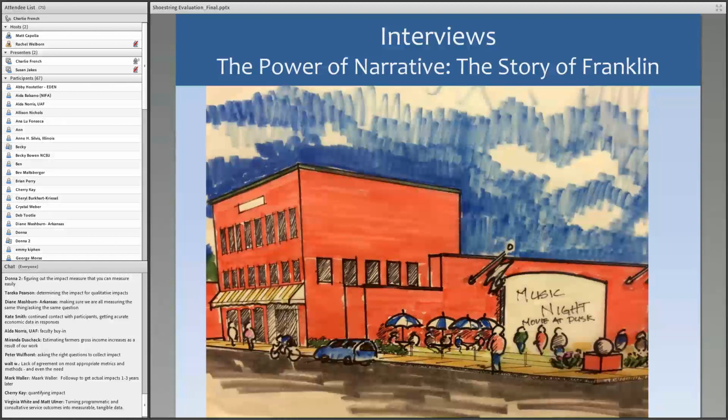And just a reference to the slide here, when we did this visioning process in Franklin, we had a design charrette. And based on the input provided by people in the community, this was a rendition of what their town could look like in the future. And it's kind of a far cry from what it looks like now, but they envisioned a public space where people could have music nights and lots of places where people could bump elbows. So that's kind of a baseline in some respects. We can sort of gauge whether in 2 to 3 years they've achieved that outcome.